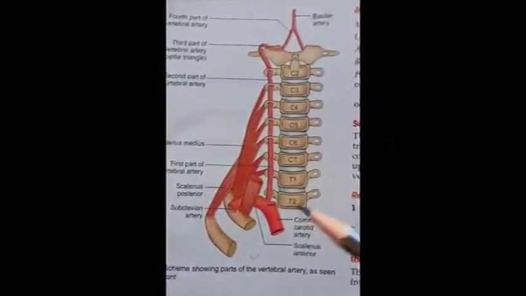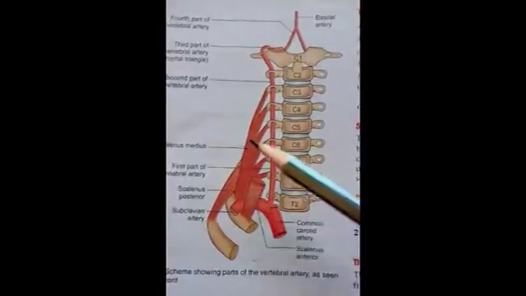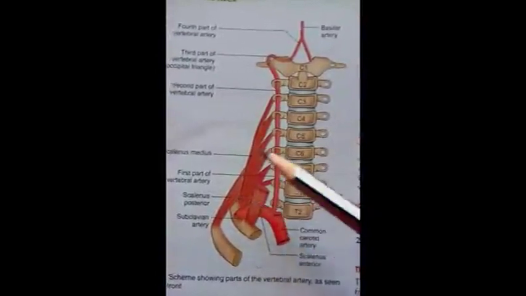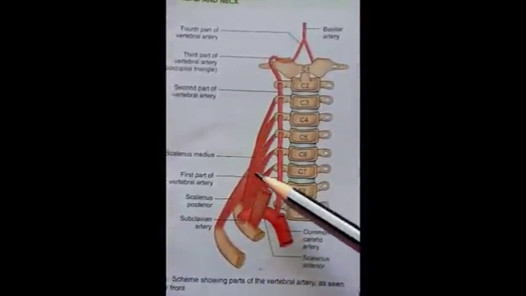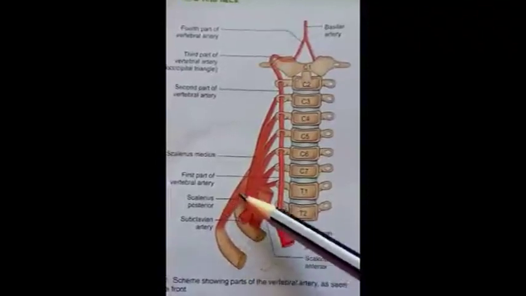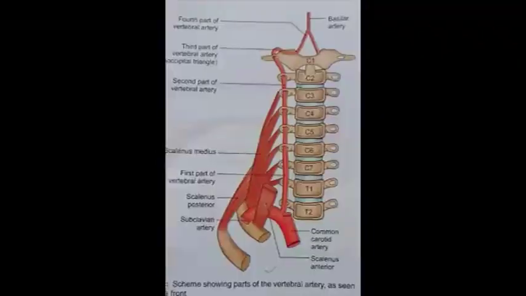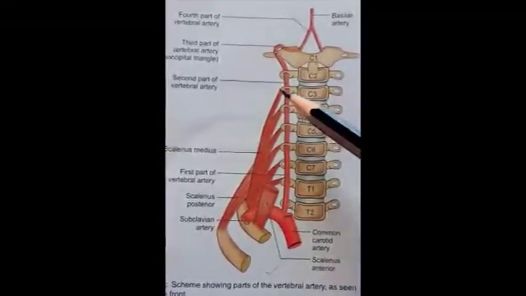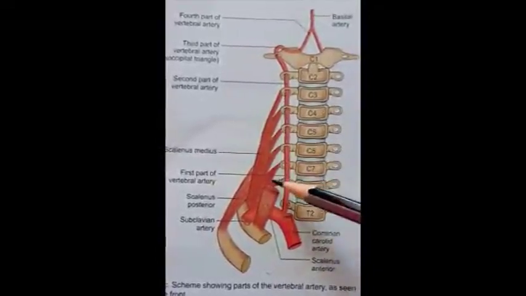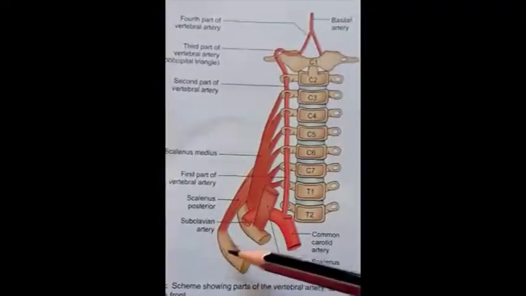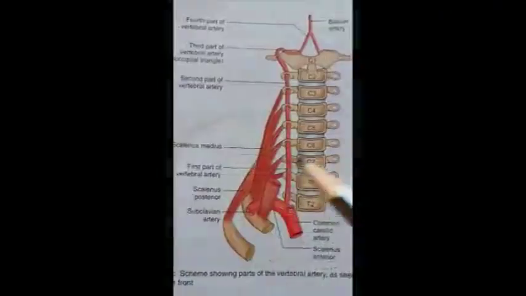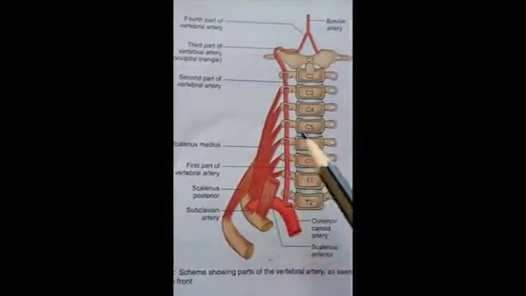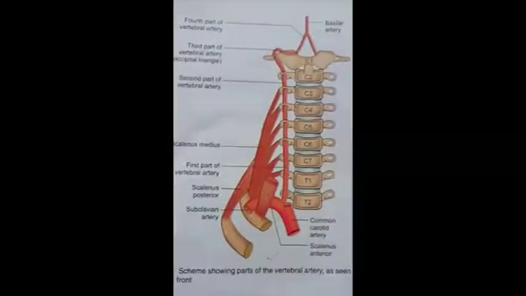Next we come to the muscles of the paravertebral region that are also known as scalene muscles. These are three muscles: scalenus anterior, scalenus medius and scalenus posterior. Out of these three muscles, scalenus medius is the largest muscle and scalenus posterior is the smallest muscle. These muscles extend from transverse processes of cervical vertebrae to the upper two ribs. So these muscles either elevate the ribs upwards or bend the vertebral column laterally.